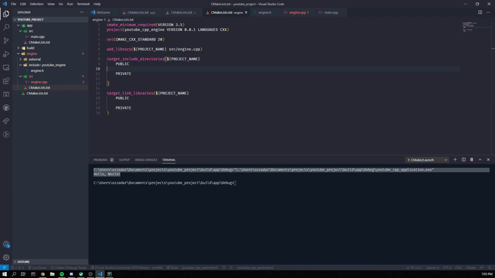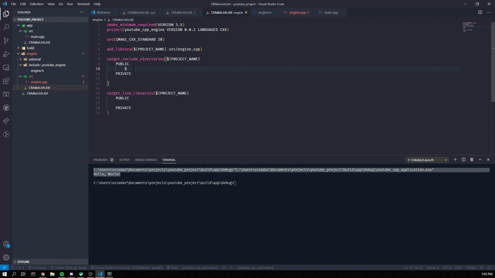So the first thing we're going to want to do is we're going to add in the public section. So these are your public headers that you're going to want to allow access to in the application layer. That's how I've been doing it. And again, I'm still relatively new to all this stuff, so if I make a mistake, please let me know in the comments. So the first thing we're going to do